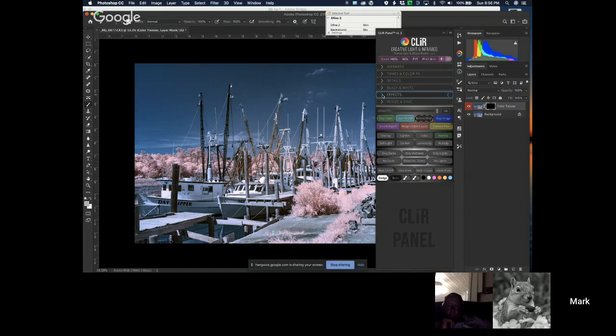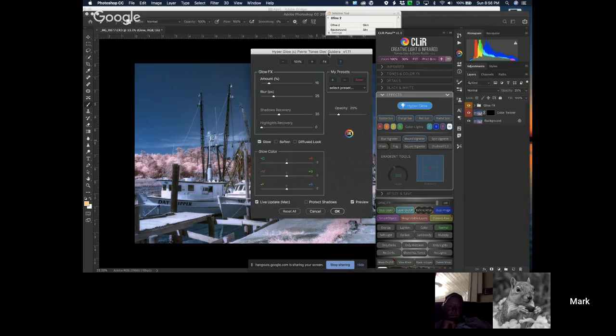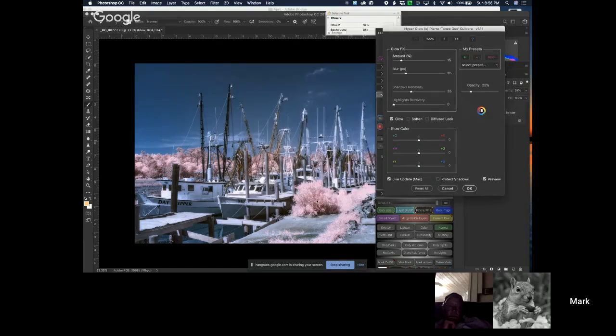Heck, I mean, there are other panels in here. Do you want a softer image? Okay, do we want to vignette? Do we want to add fog, shallow depth of field? Let's add a glow to it. I don't personally use this kind of thing, but it's an interesting effect. Okay, see how it softened everything? We're no longer clear. If I turn off preview, see the difference? It gives it a more ethereal look,